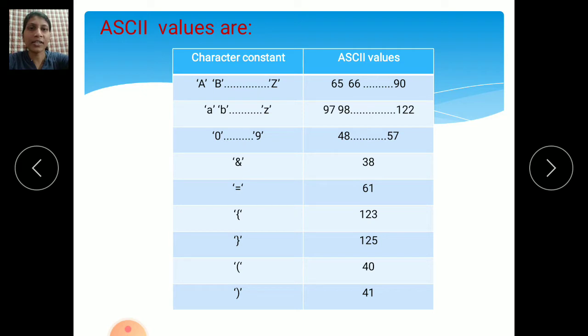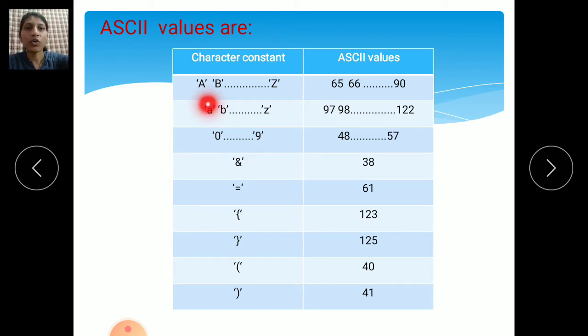Binary digits are 0 and 1. So the computer only understands the 0 and 1 language, meaning binary code language. So how is all this English-like language converted into binary format? See here, each character, each alphabet, each digit, each special symbol has a particular ASCII value. That ASCII value is converted into binary format, meaning 0 and 1. We will see examples of how to convert any character into binary digits.